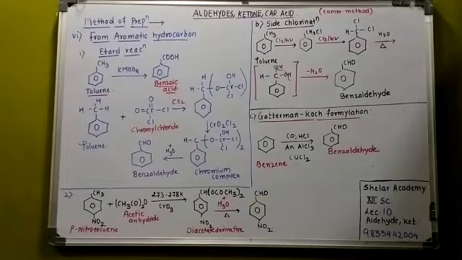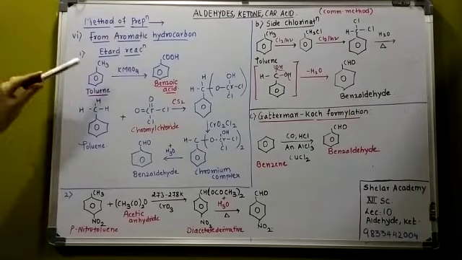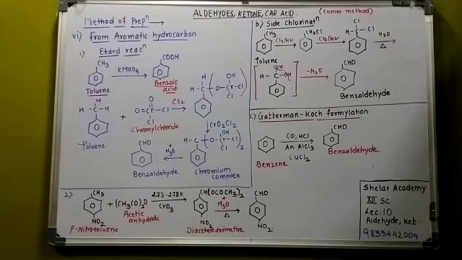See, when I have written the reaction over here, when toluene is reacted with a stronger oxidizing agent like KMnO4, KMnO4 जो है ना, it is a stronger oxidizing agent. So when toluene is reacted with a stronger oxidizing agent, the product is benzoic acid. What is the product? Product क्या मिलता है? What do you get? Benzoic acid मिलता है.